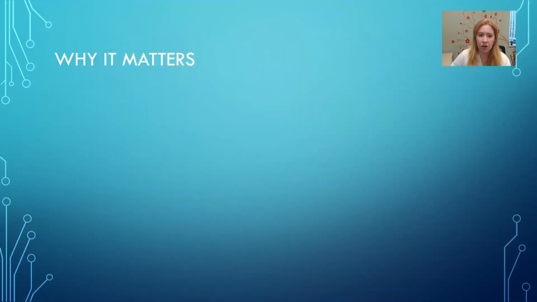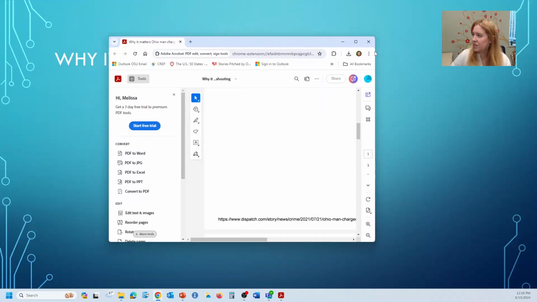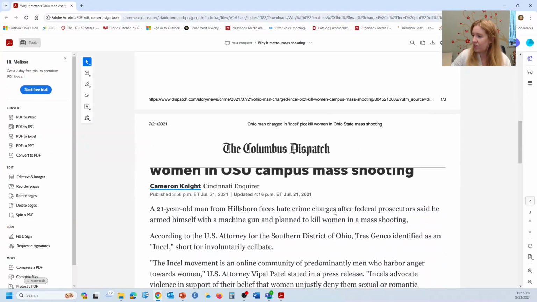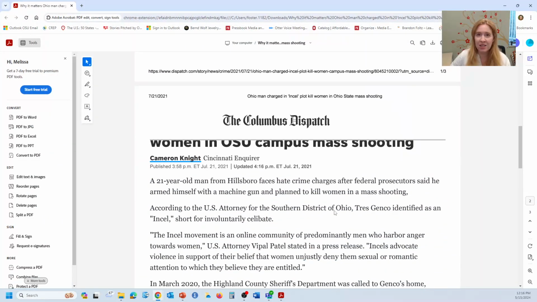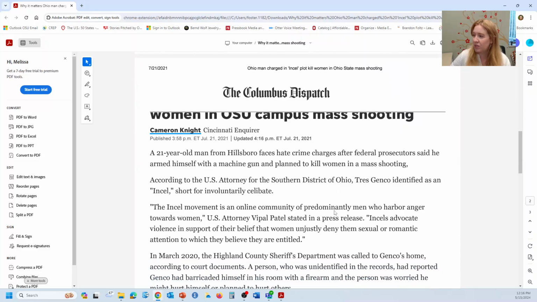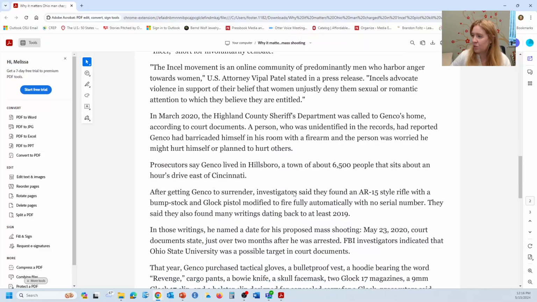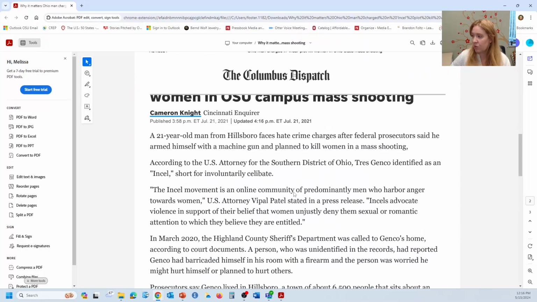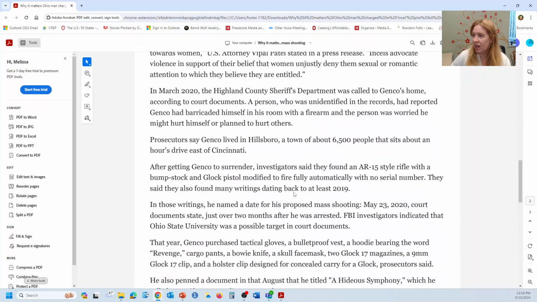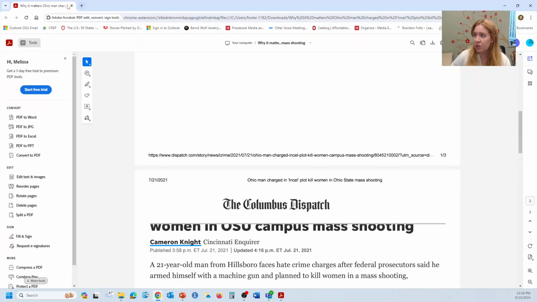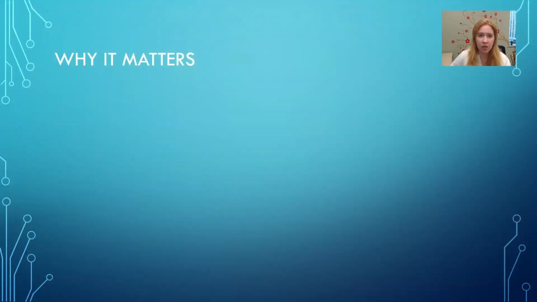Another example is that social media can have very positive impacts on the world that we live in, but it can have some negative impacts as well. For example, groups like this incel movement that are very anti-woman can get together online and create some really negative effects that can play a role in getting people killed.